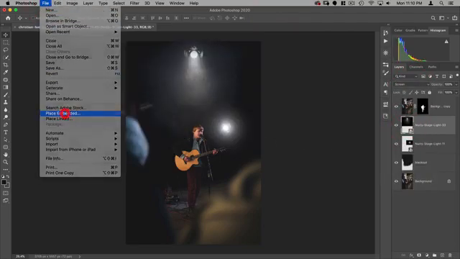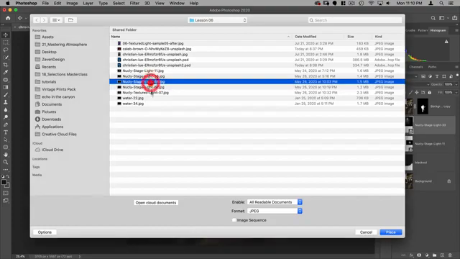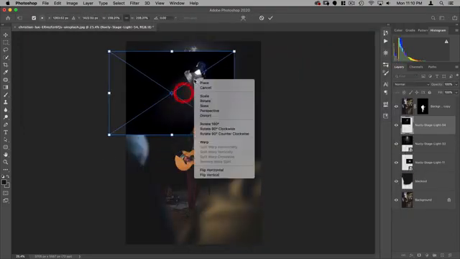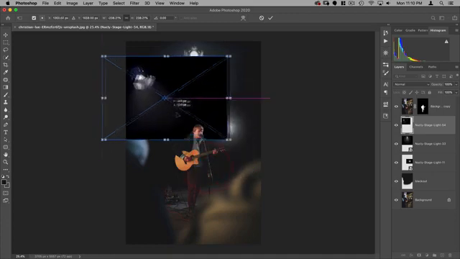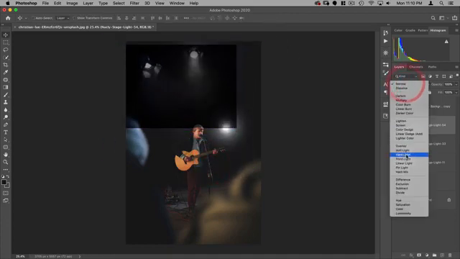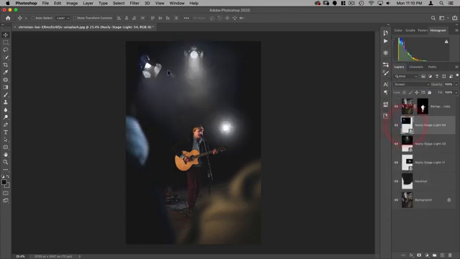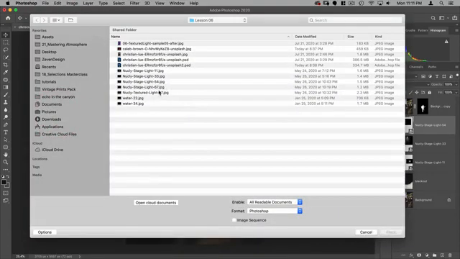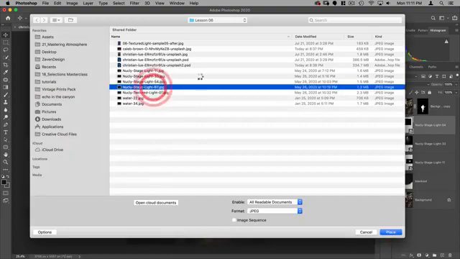Next one. I'm going to put this one, let's flip it horizontal and put that one up here. Actually, let's put that right about there. And File, Place Embedded. The last light.